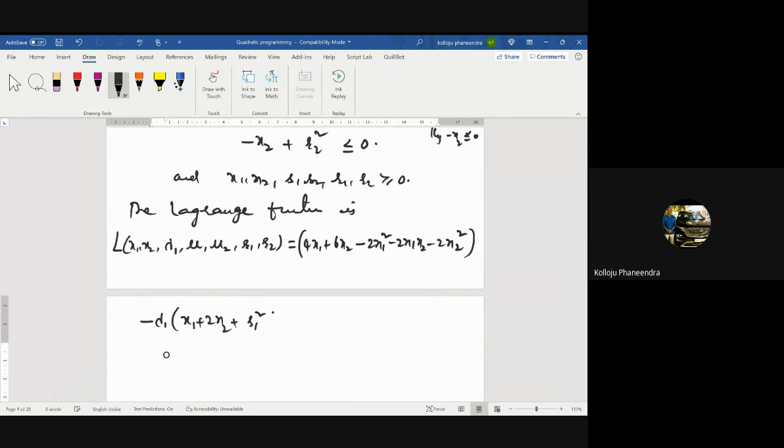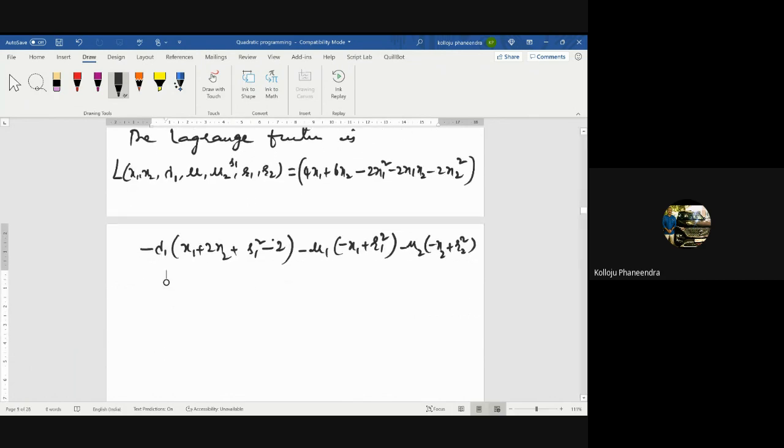Next, another one, the given non-negative restrictions: minus mu1 into minus x1 plus r1 square, and minus mu2 into minus x2 plus r2 square. Lagrange's function is over. Now the necessary conditions